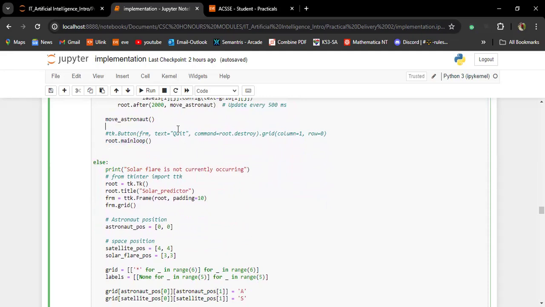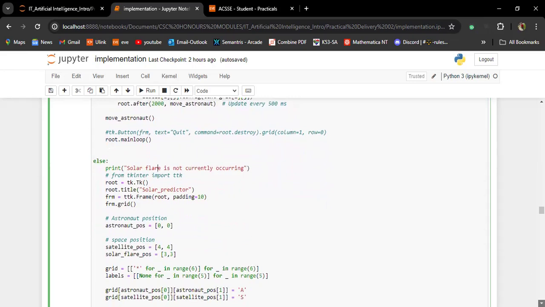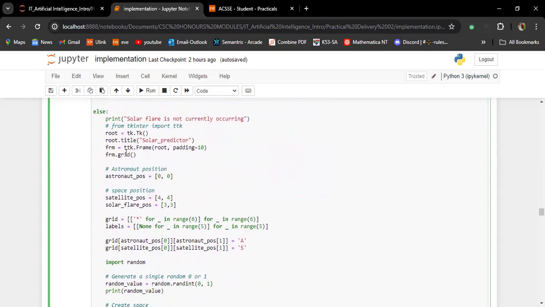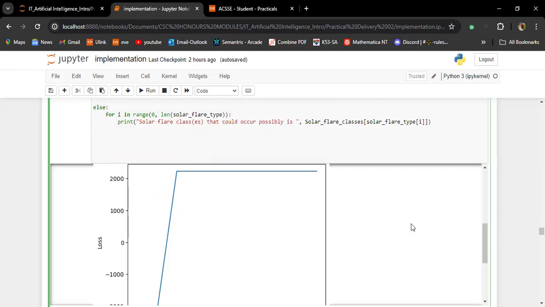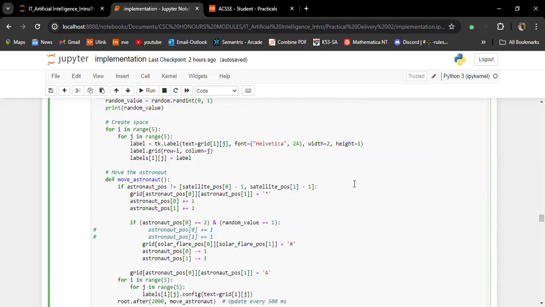If the solar flare is not taking place, that will be checked via this part of the code, where we effectively do the same thing, creating a console interface for that case and updating the astronaut position. So this effectively does the same thing as the code in the if statement. Now we're going to run this part of the code to visualize our interface.